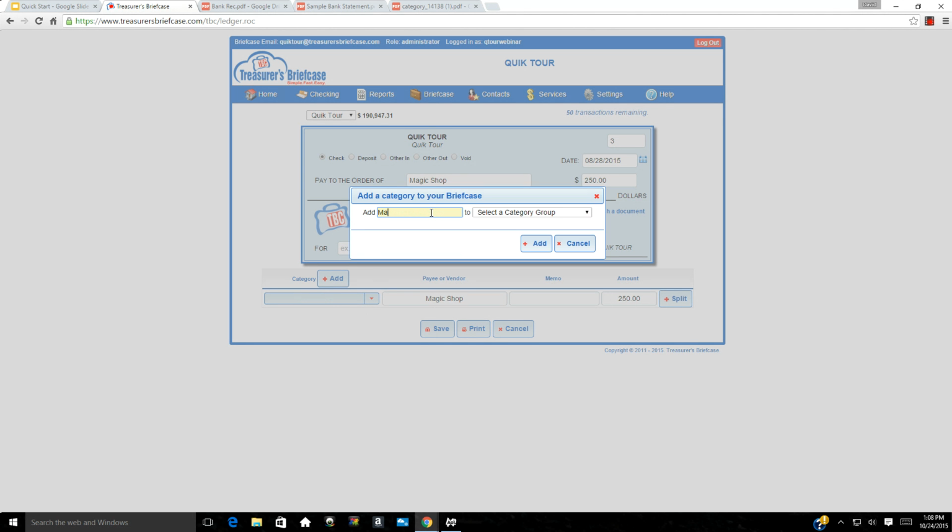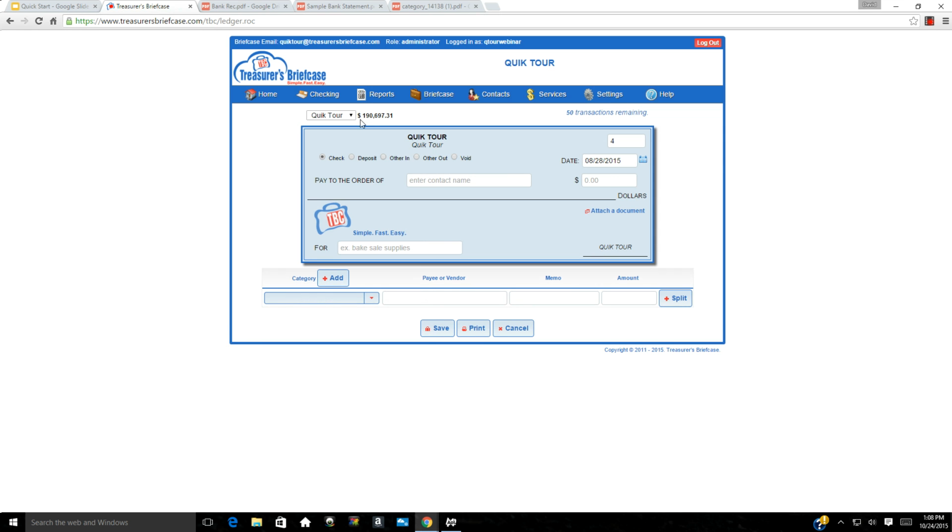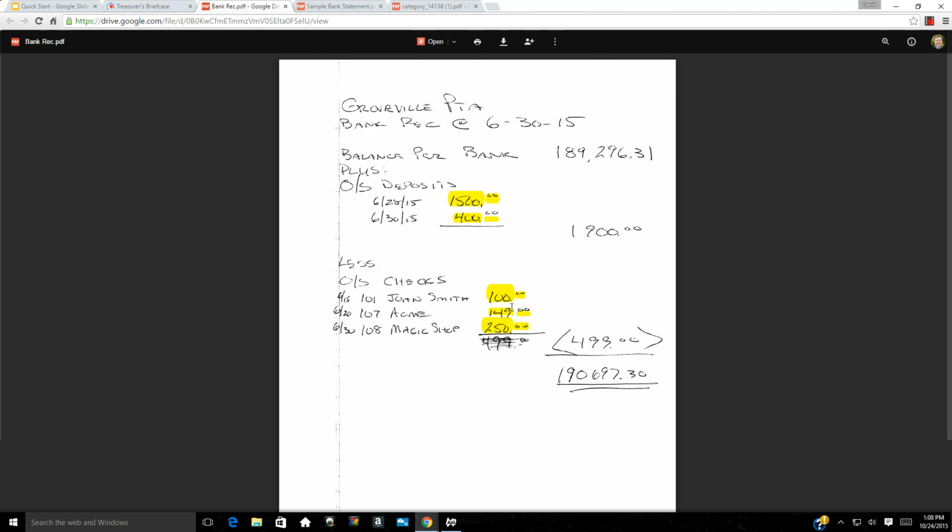In this case, I'm going to tell the system rather than an administrative function, it's actually a fundraising function that we were performing. I'm going to close, and I'm going to save it. And you'll notice the checking account balance changed. And so now that checking account balance actually should tie exactly to that bank reconciliation that the previous treasurer provided